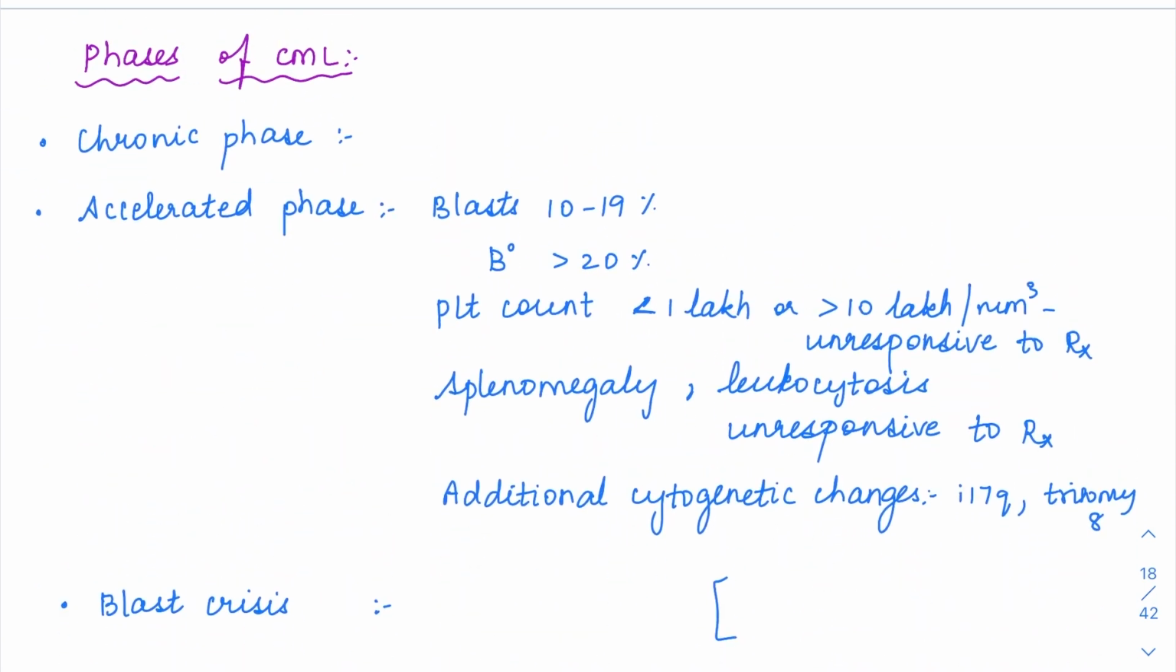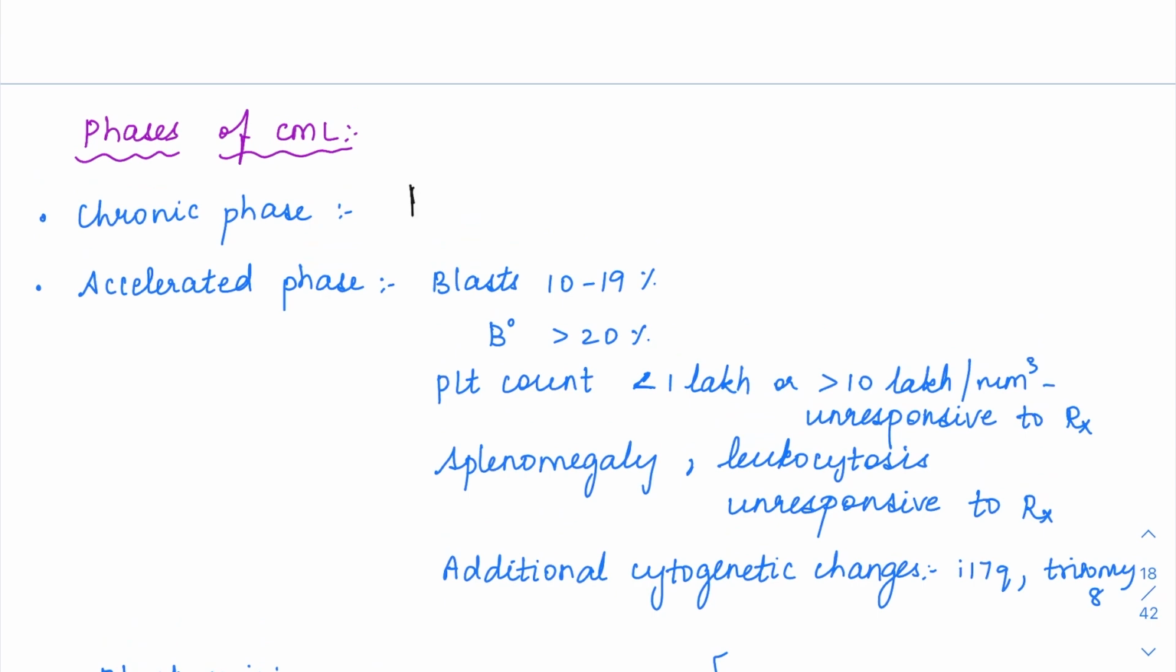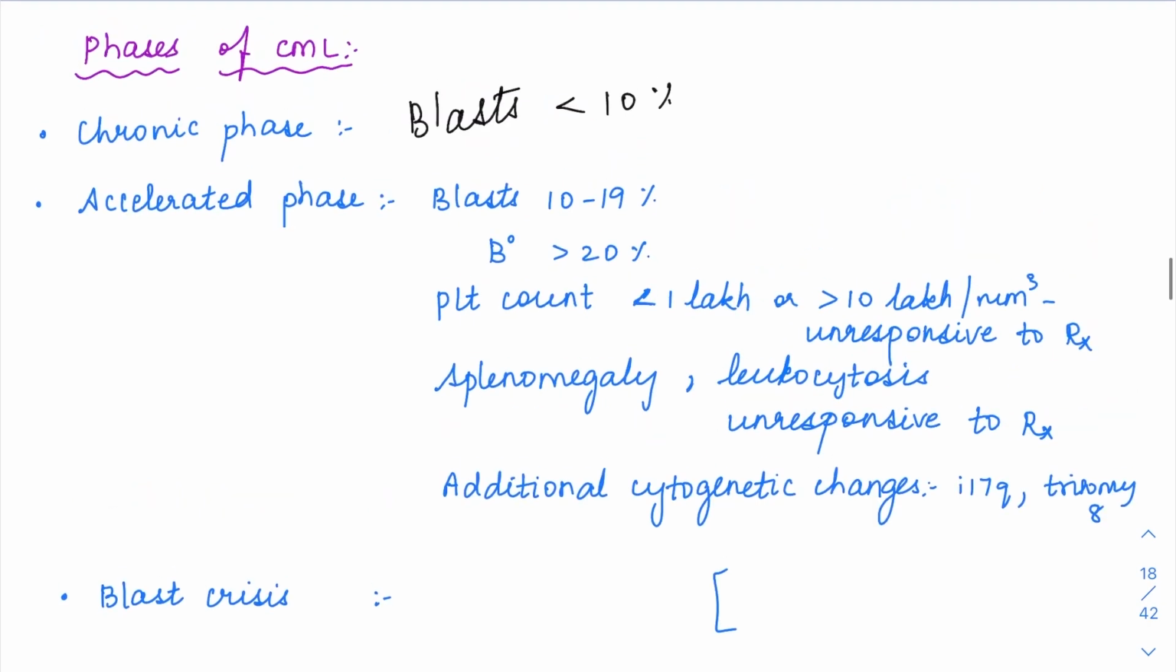So what are the phases of CML? So we have a chronic phase initially. Chronic phase is a phase in which the blasts are going to be less than 10%, right? Then there is an accelerated phase, wherein there is an increased risk of transformation into blastic phase, that is an acute leukemia. So chronic phase is an okay type of phase. Then it goes into an accelerated phase, which is a danger phase, and then it reaches the acute leukemia